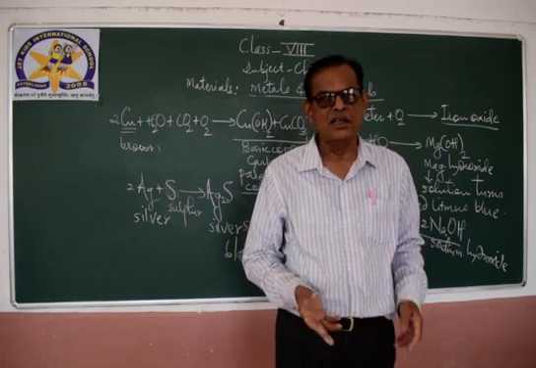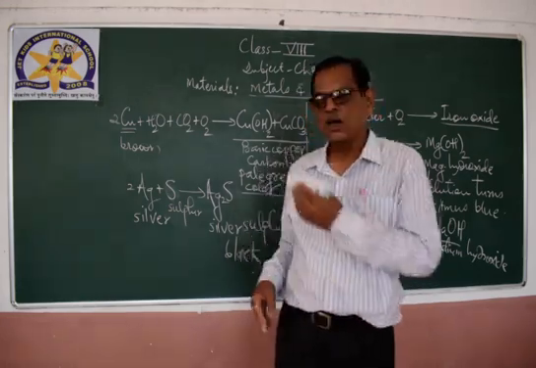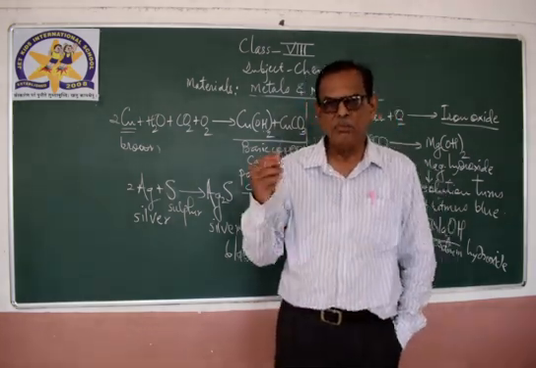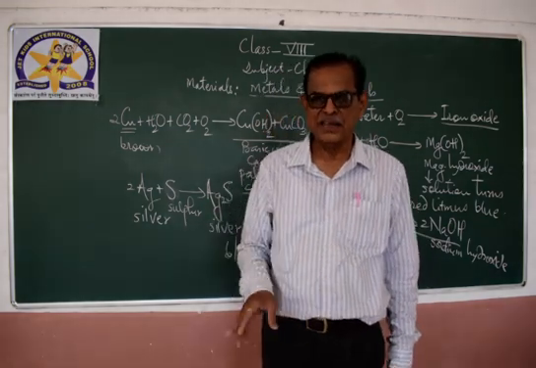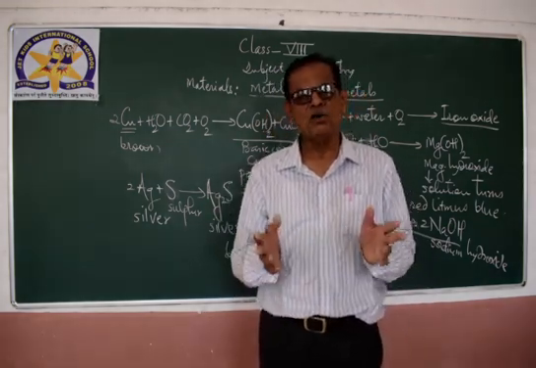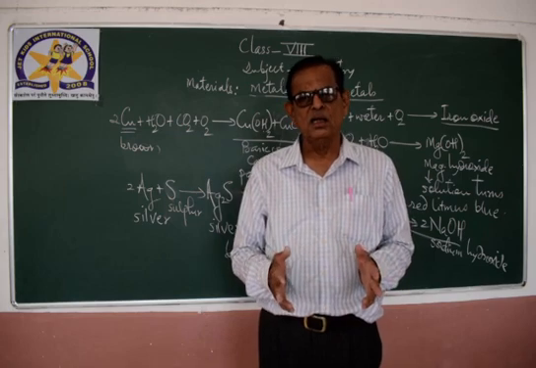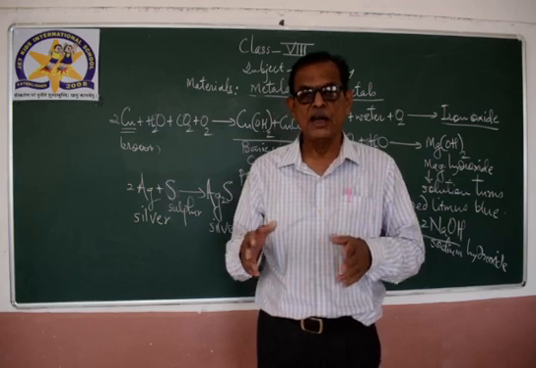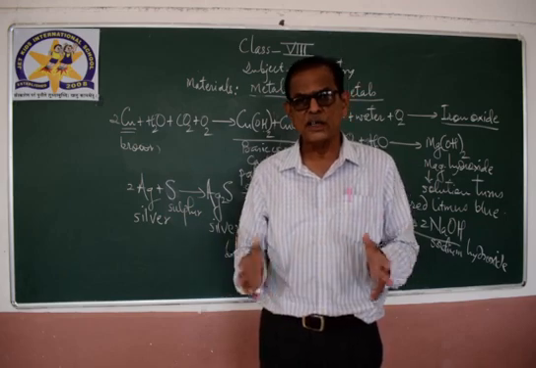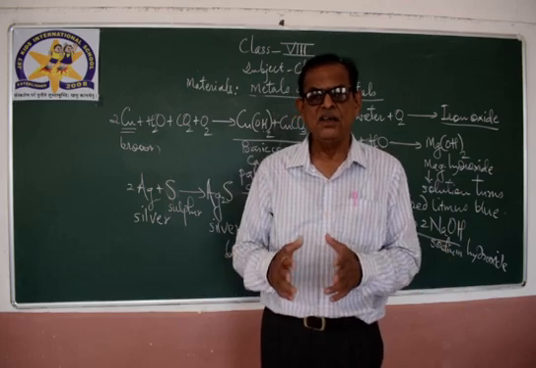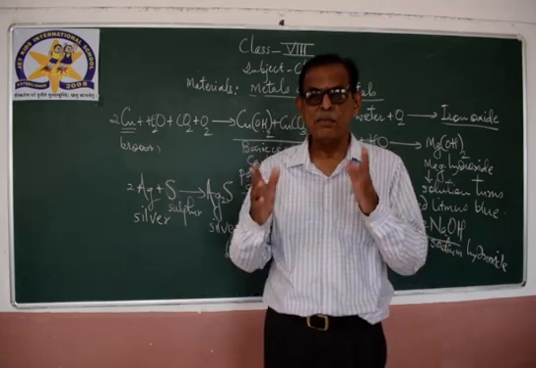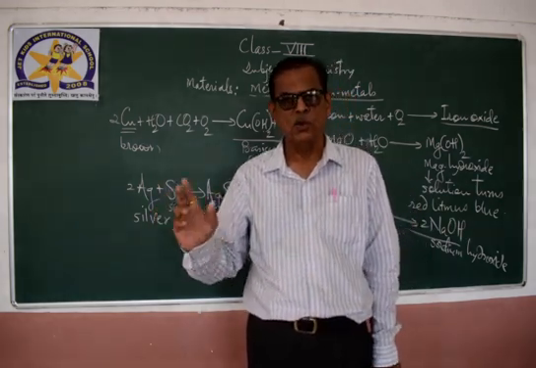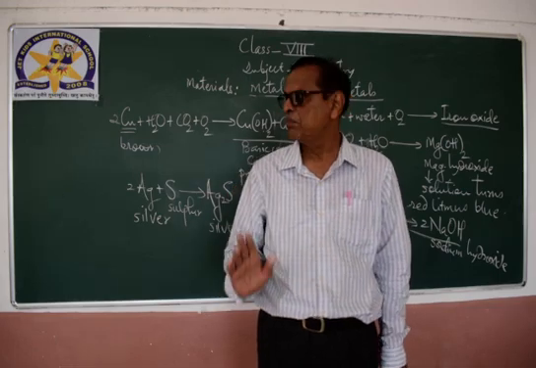Oxides are finally converted into hydroxides. So we have studied the reaction of sodium, potassium, magnesium, copper, etc. So copper also, for example, copper having brown color, 2Cu plus O2 on heating gives 2CuO, and copper oxide is copper(II) oxide or cupric oxide having black color. Note down: 2Cu plus O2 giving 2CuO, and this CuO has black color.